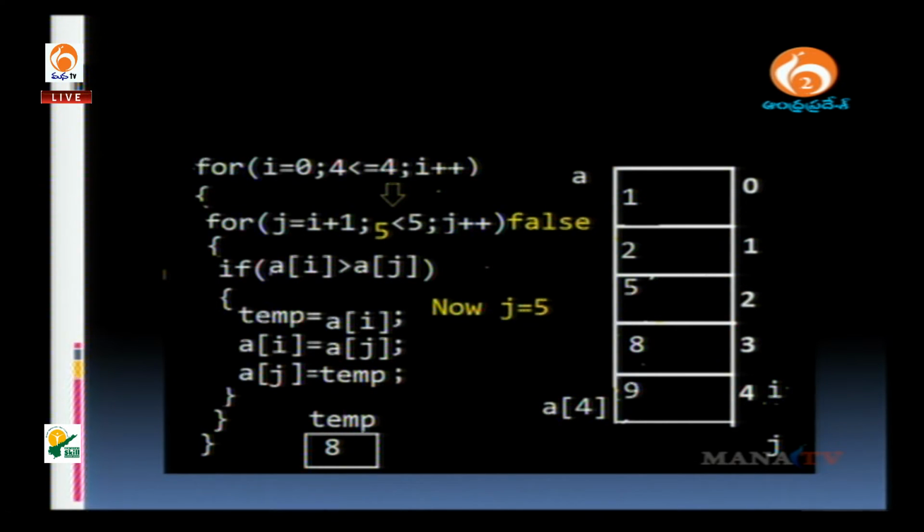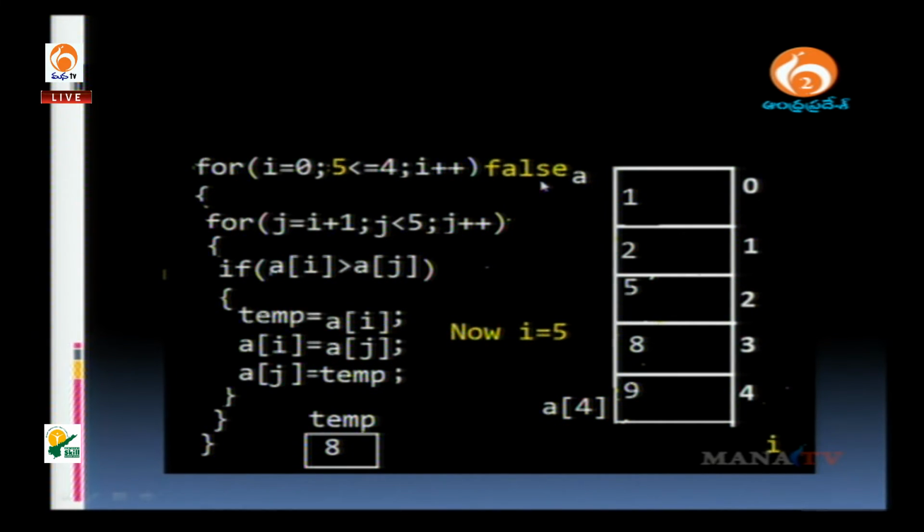Control comes out of the inner for loop and again moves to the outer for loop. i plus plus, now the i value is 5, initially it was 4. Next, 5 less than or equal to 4, which is false, control comes out of the